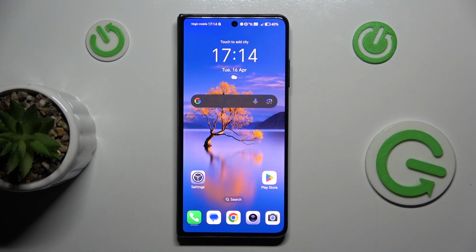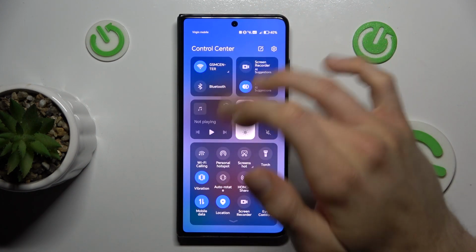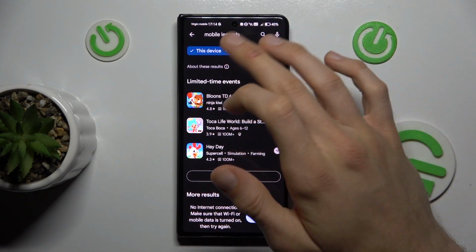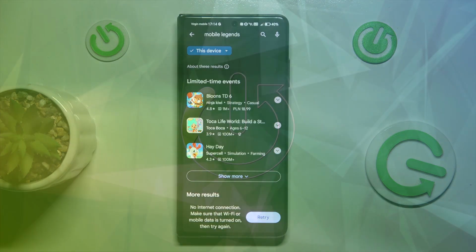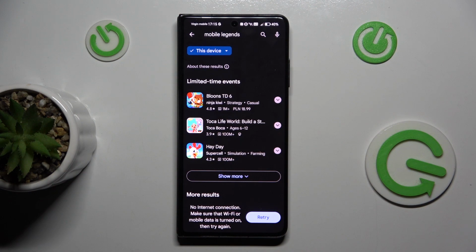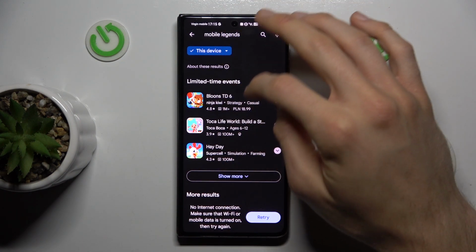Today I have the Honor Magic V2 and I want to show you how to fix the problem when you have a connection to the internet but your Google Play Store isn't working and your games are not visible on it. When you have the same problem as mine, you search for your game or application but you don't find it there,